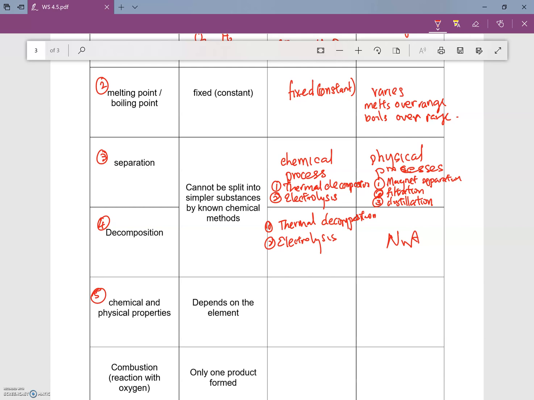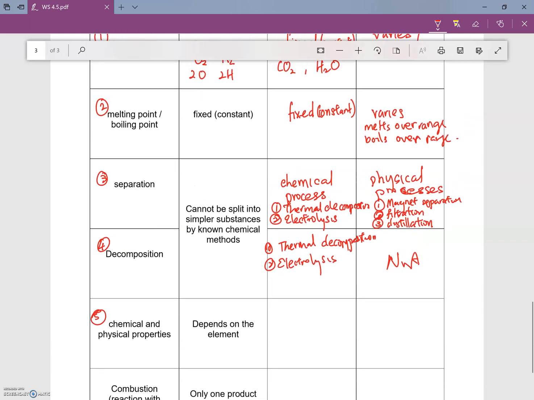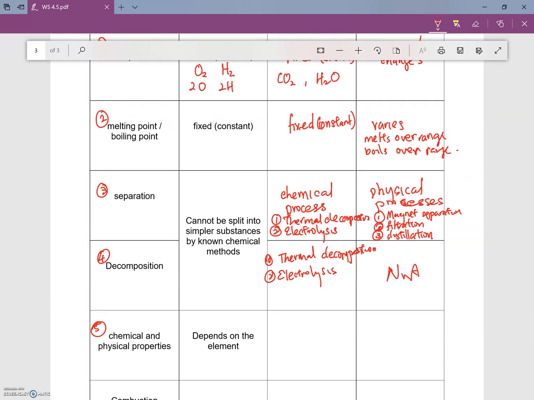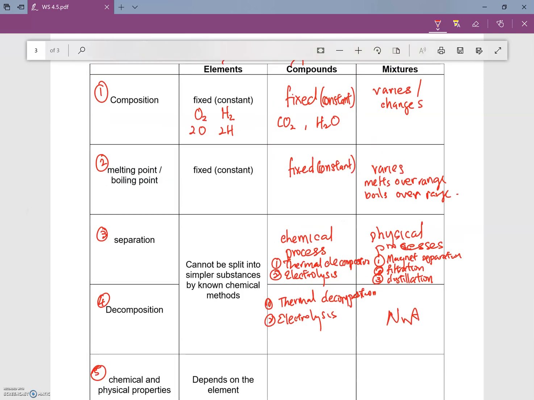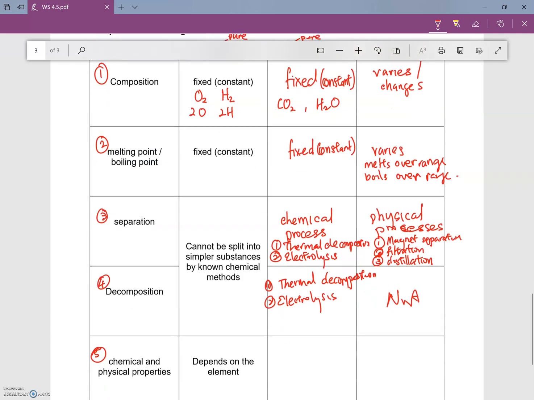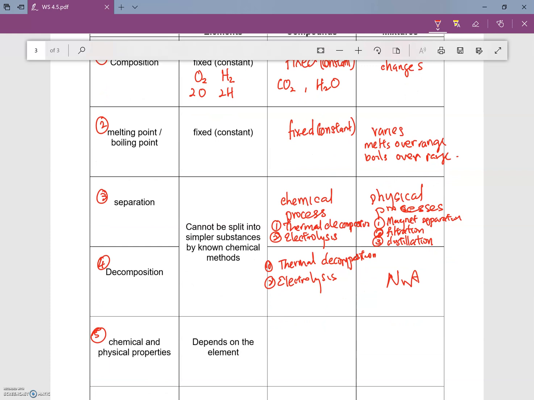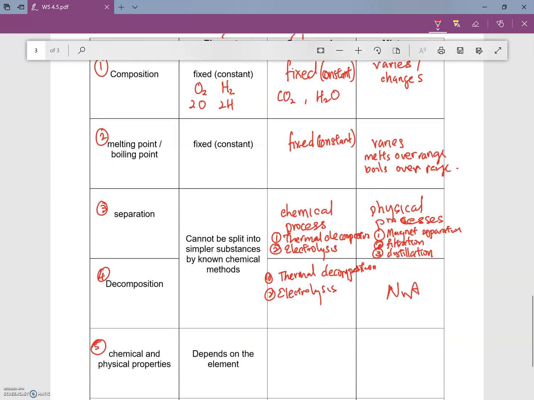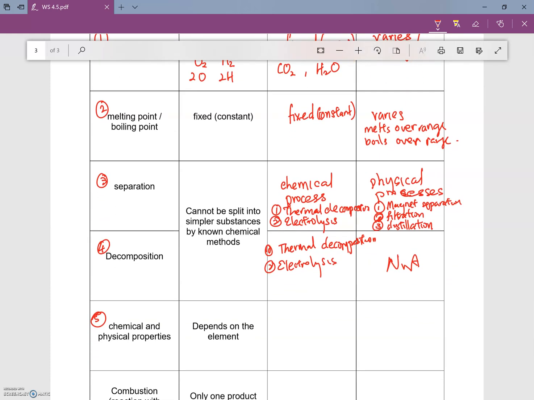Next one, chemical and physical properties. Because we know everything is formed by elements, if it's an element, obviously the property depends on what element it is. That's why it says depends on the element. Different elements have different properties. So if it's a metal, for example copper, obviously the chemical and physical properties depend on the element copper itself. But if things have reacted and it's a compound, we do know that the chemical and